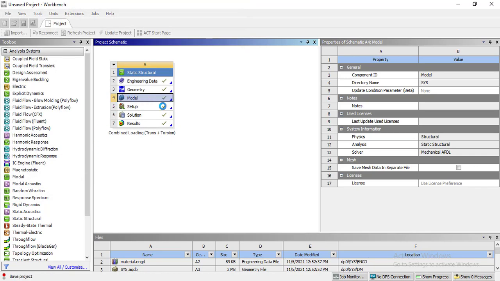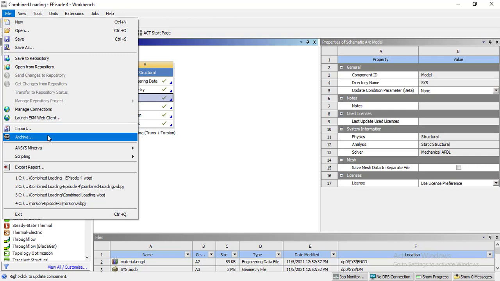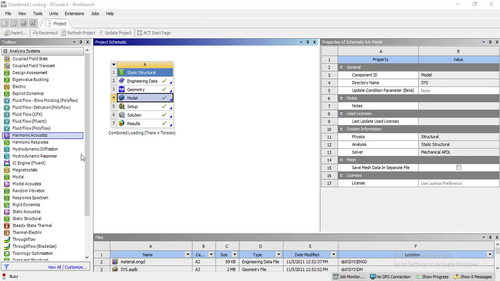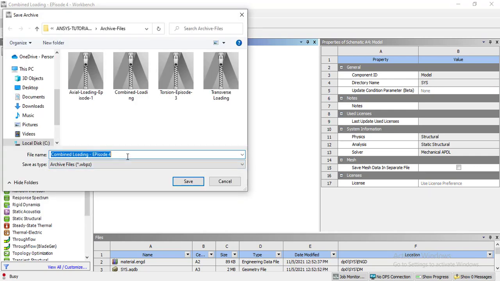All of these results and the geometry that we have created will be saved in that specific folder. Now if you want to create the archive file, you will go again in the main menu bar, select File and select Archive. After selecting the archive, save the project in your directory where you want to save your analysis system.